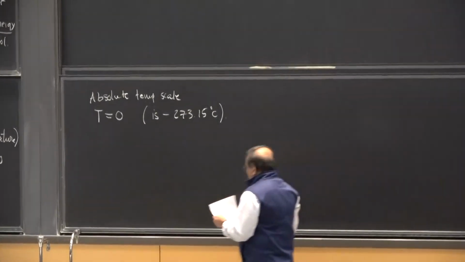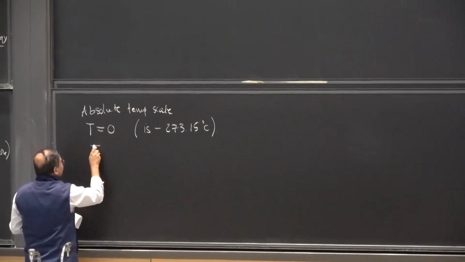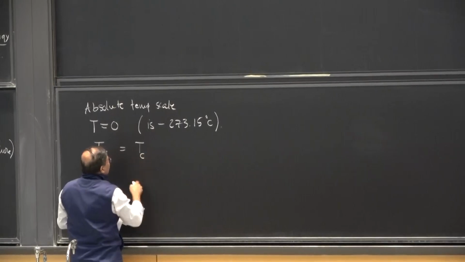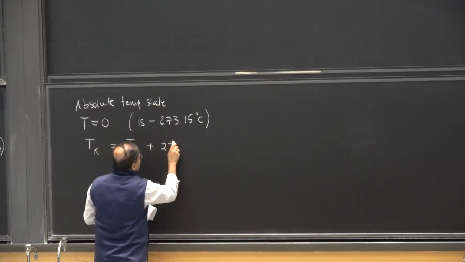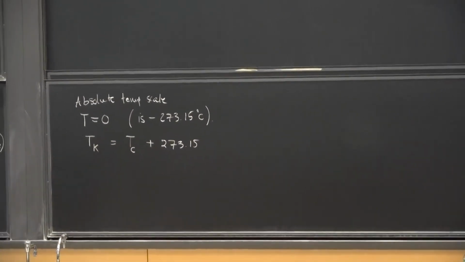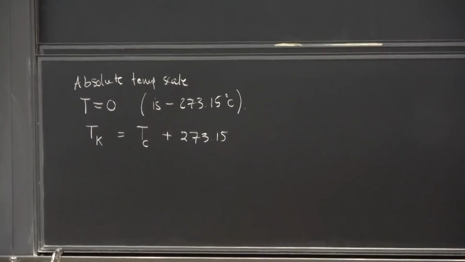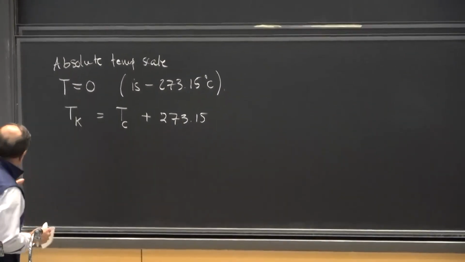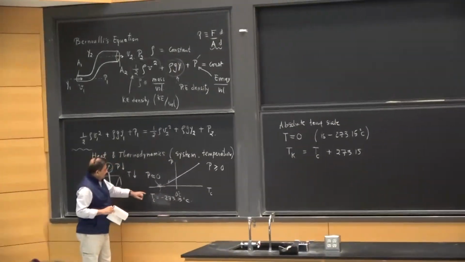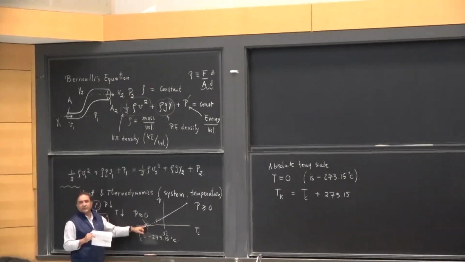So what we now say is that we call this the Kelvin temperature scale. So Tk is therefore the temperature in the Celsius scale plus 273.15. That's what we define as our new temperature scale, all right? And it's called the absolute temperature scale. Now I told you why, I gave you a sort of cryptic answer as to why this is very interesting. It turns out that when you get to this regime,